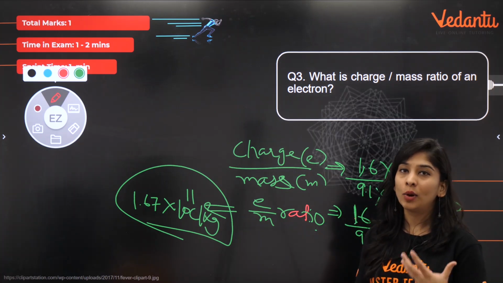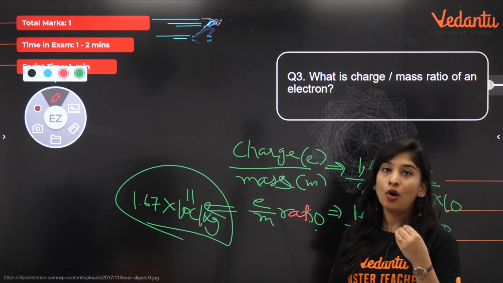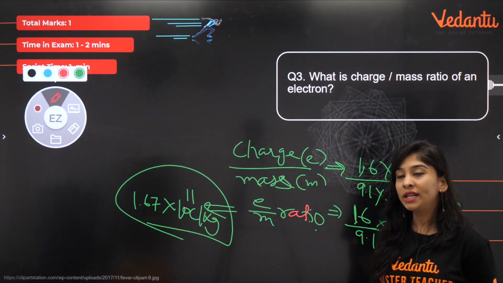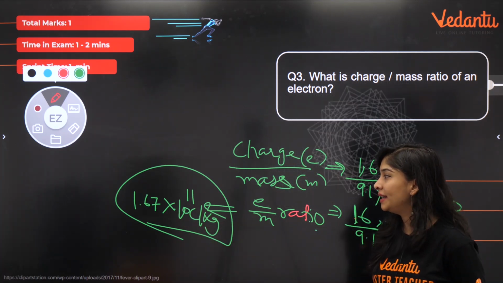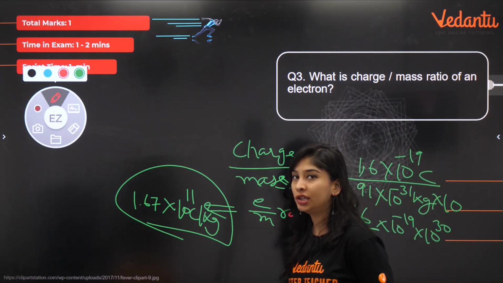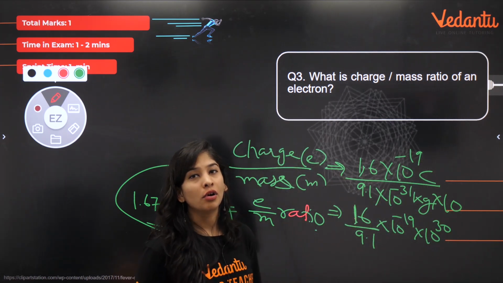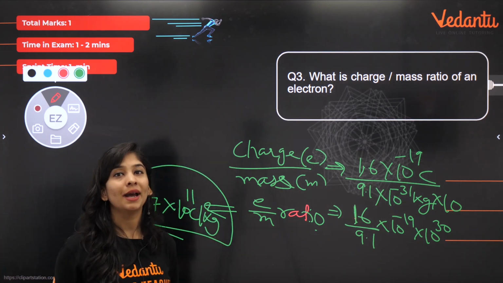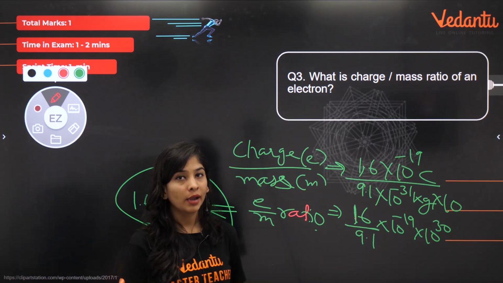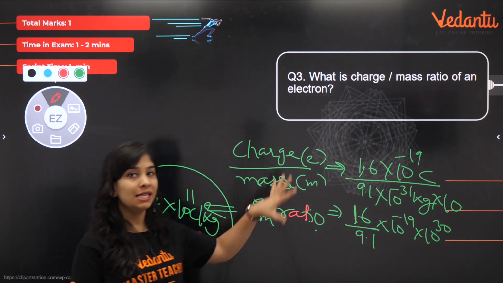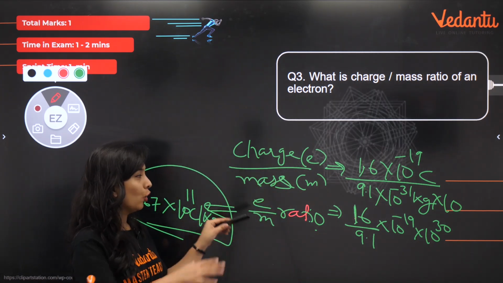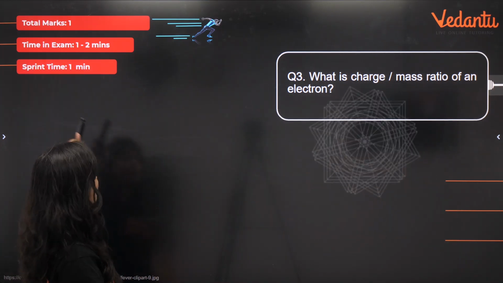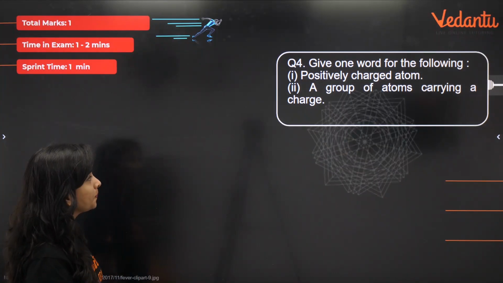So if someone asks you what is the charge over mass ratio of any electron, you can say 1.67 × 10^11 coulomb per kg. That was drawn by one of the experiment, which is your oil drop experiment given by a scientist known as Millikan. Okay, so 11th May you're going to study in detail about this, right? I hope this is just normal calculation, you are able to do it, right? Let's move ahead with one more question.